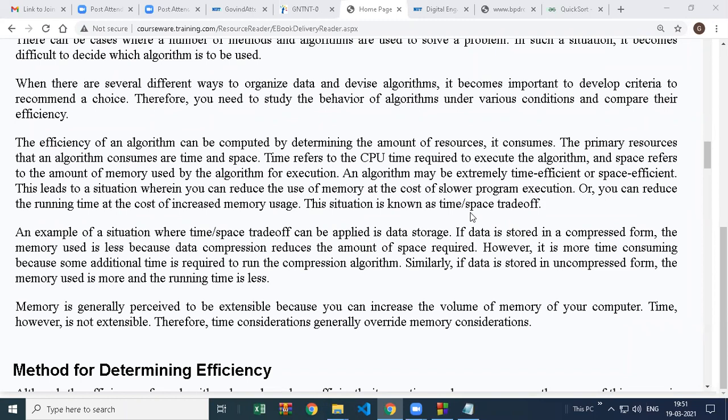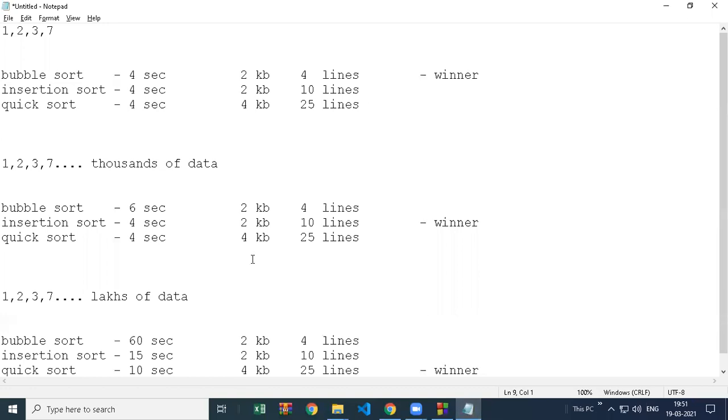It means you have one code which is taking more memory but less time, and one algorithm which is taking more time and less memory. The same thing which just now Roshni has asked me: bubble sort is taking less memory, same as insertion, so why is insertion sort the winner?